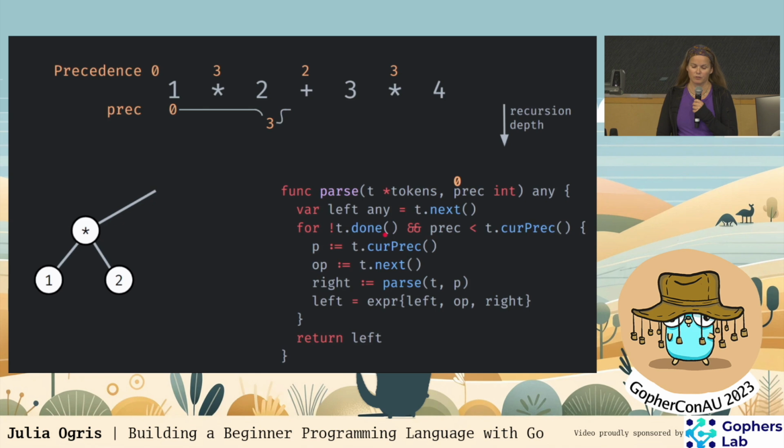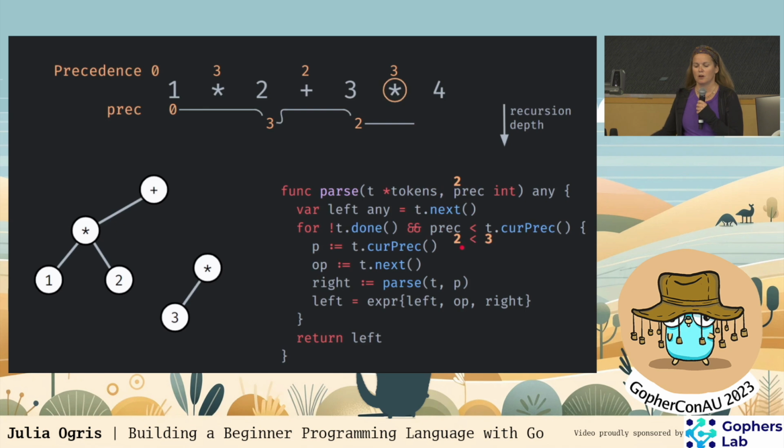We're looking at the looping condition again. We're not yet at the end of the token stream, and again our current precedence, still at the plus operator, is now greater than the lowest precedence. We recurse after popping off the operator again to build the right subtree. And we get the first operand out, our number 3, and this time again, the current precedence of the times operator is greater than the previous one of the plus operator. So further building towards the right and stepping one recursion level lower,